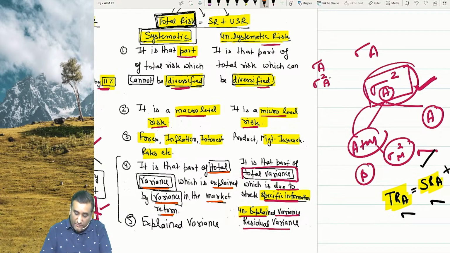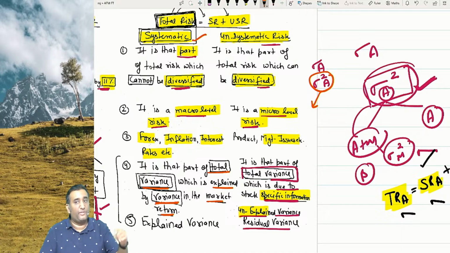That means we have to create some formula in such a way that the relationship of the total variance in the market attached with this particular security will give a systematic risk. It is that part of total variance. It means out of this, the part which has relationship with the market is nothing but systematic risk, which is explained by variance in the market return. We'll try to create a formula, don't worry. Then if I talk about